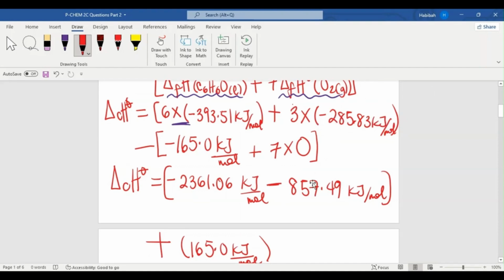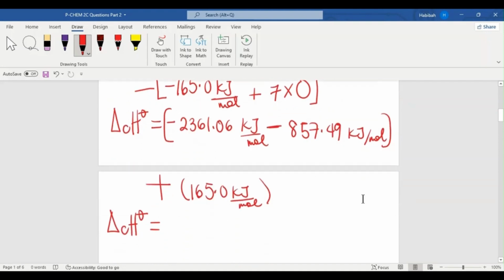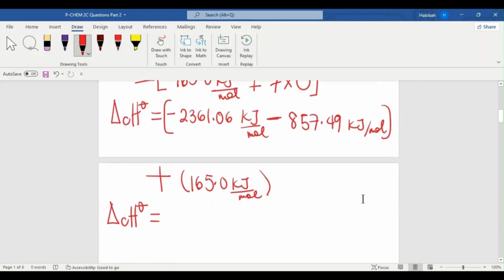So I'm supposed to get negative 857.47 kilojoule per mole. This is the reason why you have to focus on not making mistakes and consistently cross-checking your work. So you have negative 3218.55 kilojoule per mole,